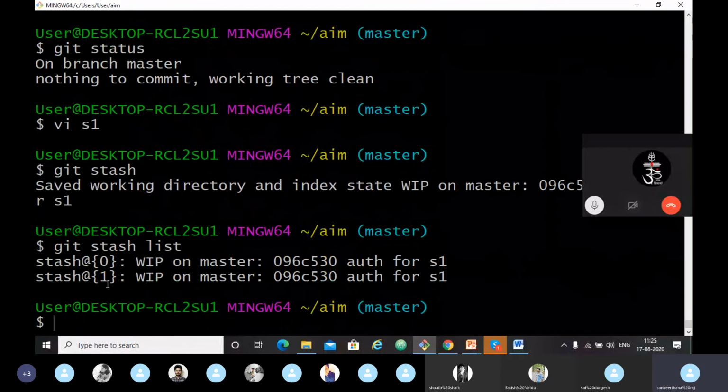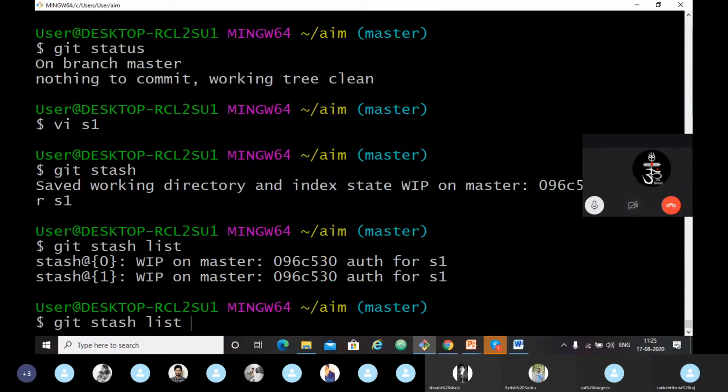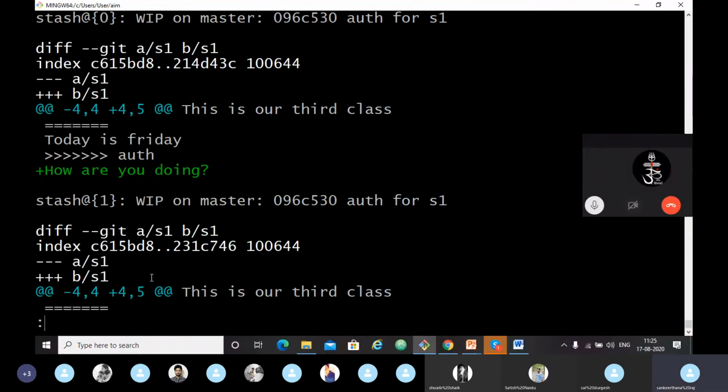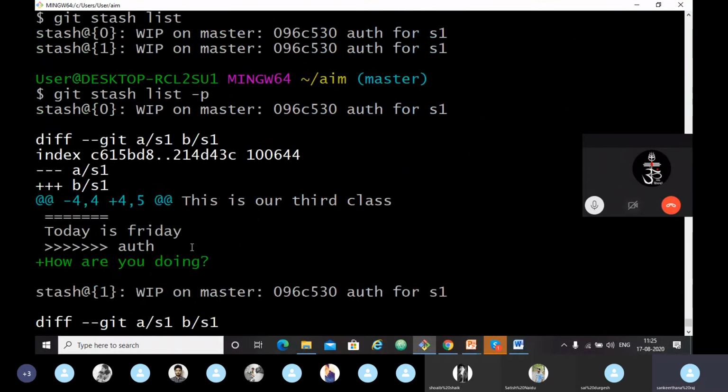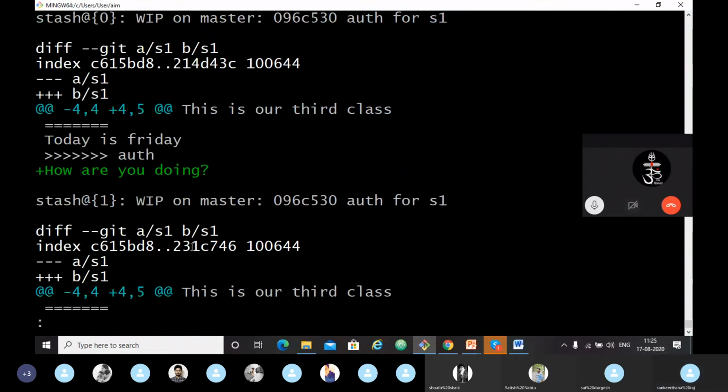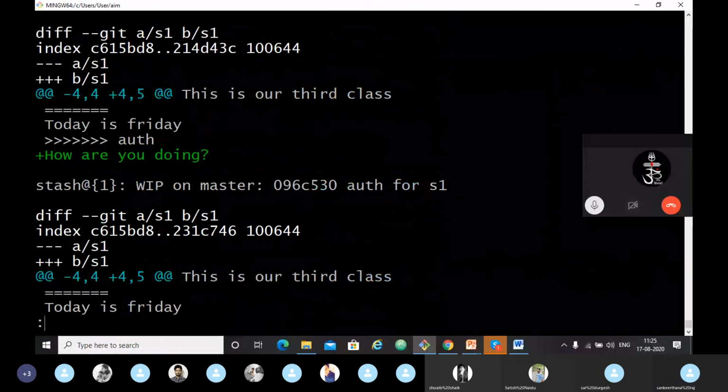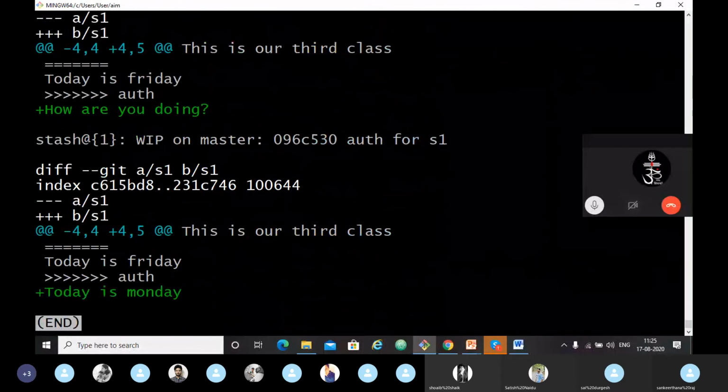There is another command, git stash list -p. We can observe the edits we have done. How are you doing is the edit I have done for the second file, and for the first file I have done today is Monday.